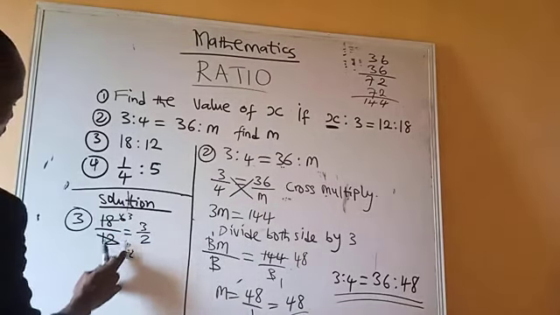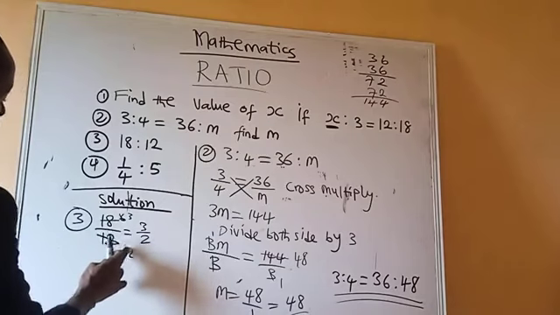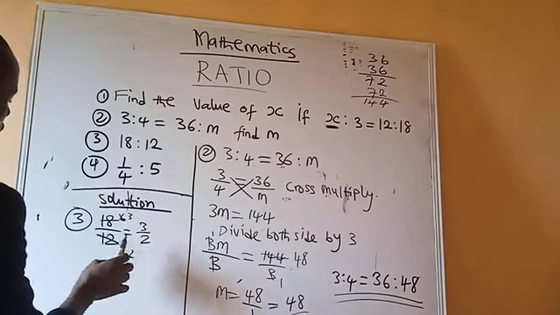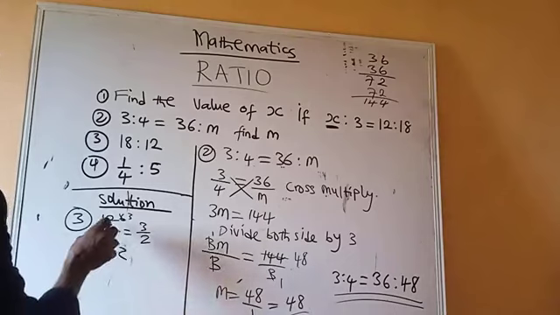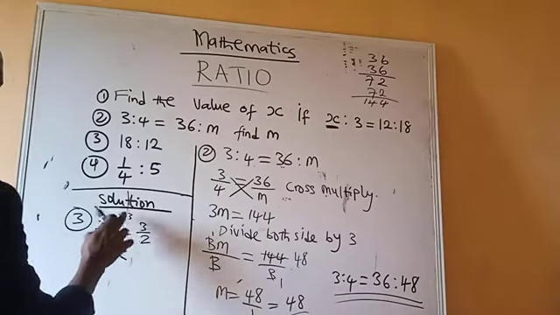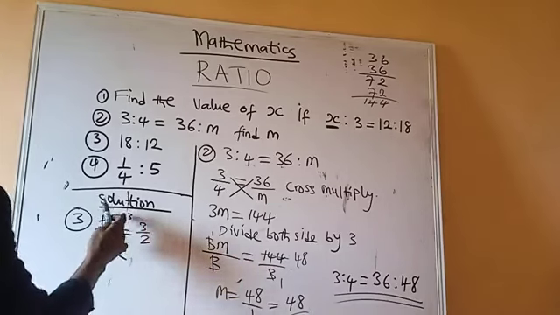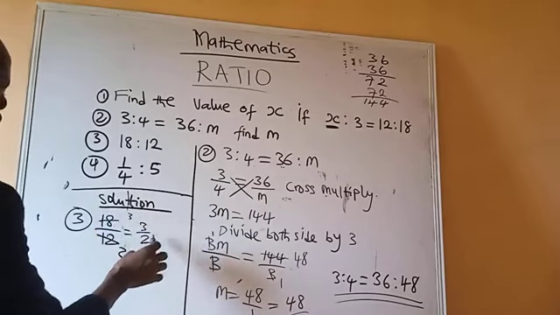Let me just say 6 going into 12. Let me not use a long journey. I wanted to use 2, but you can use any one. 6 going into 12 will give us 2. 6 going into 18 will give us 3. So our answer is going to be 3 over 2, which is